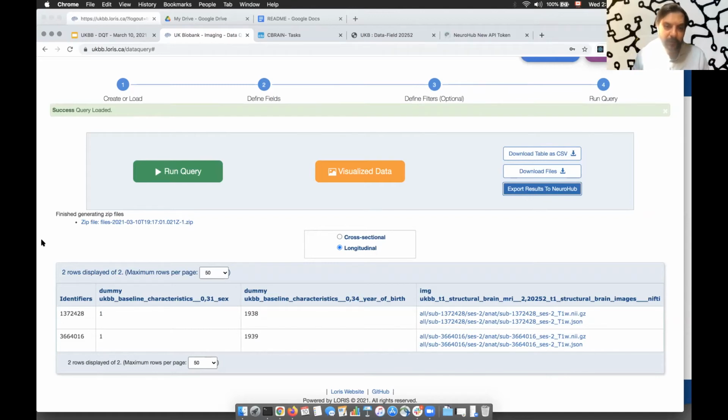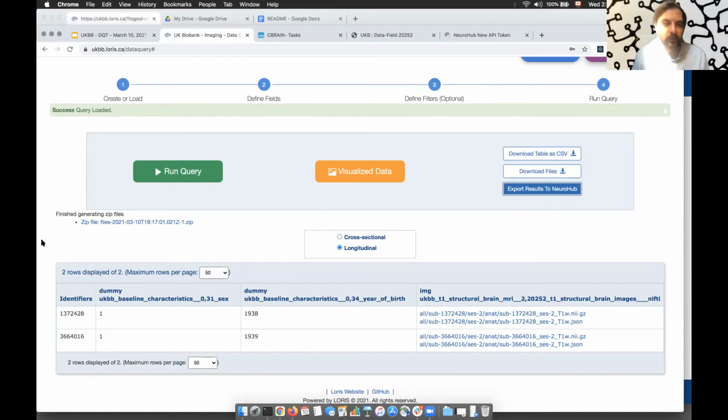Or in the case of something like the UK Biobank, the second part of what Xavier was showing you with all those API tokens is that you might not want to copy huge amounts of data. It wouldn't make sense. The UK Biobank, even just the imaging data alone, is, I don't know how many terabytes of data. So you're not going to want to download that locally on your machine.